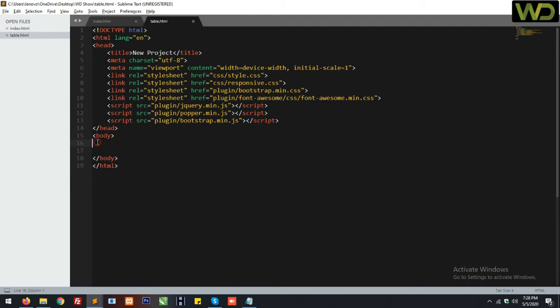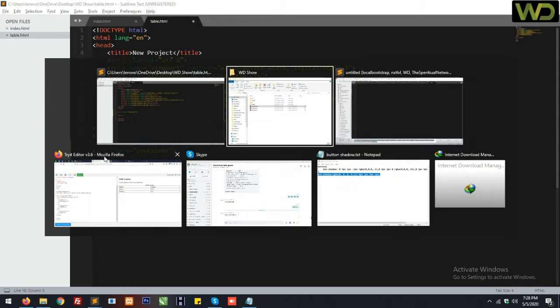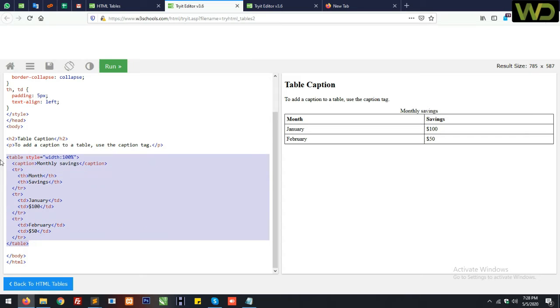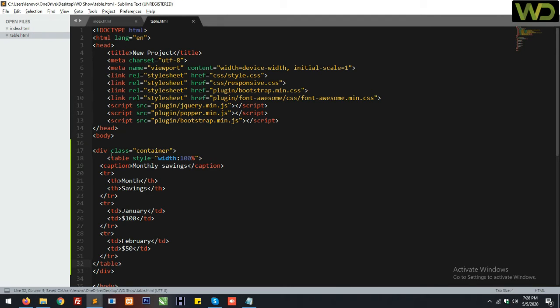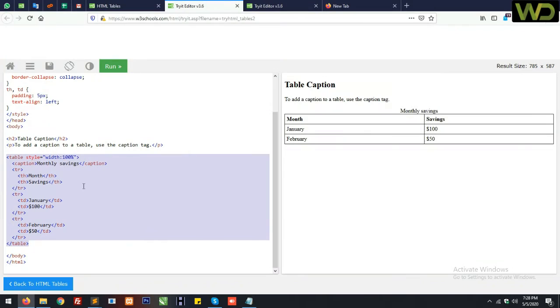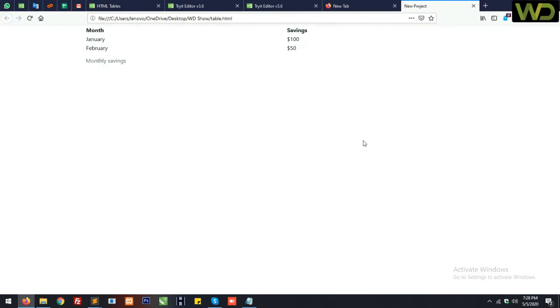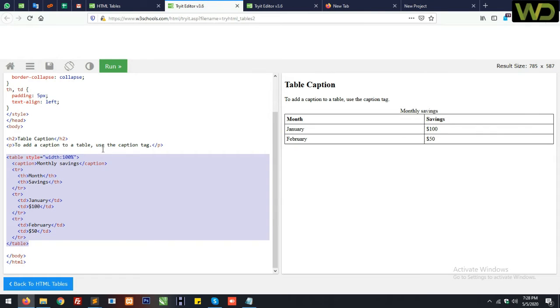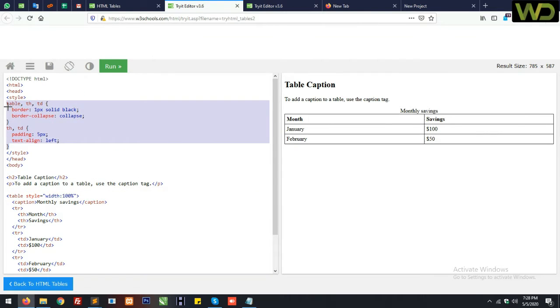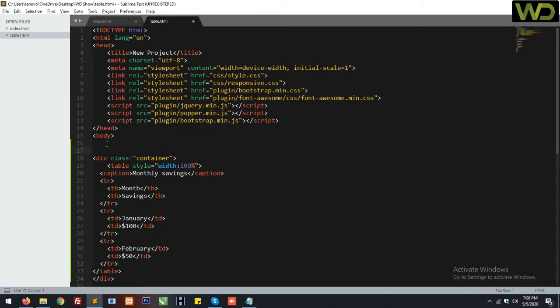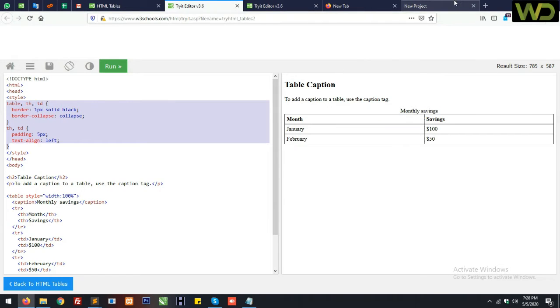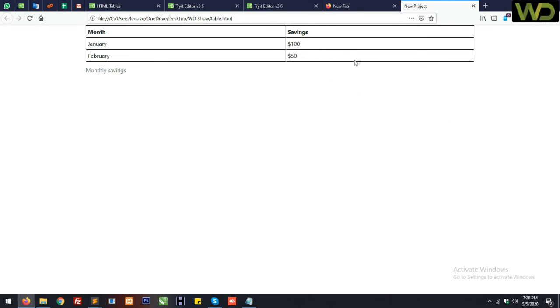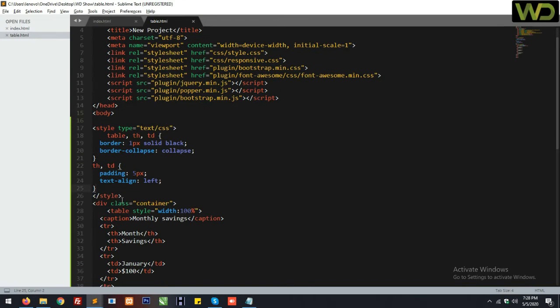Okay, you see the div class container. If I'm pasting this code here, table, you see my code looks like this one. If I add this CSS, then my code looks like this. First add a style tag like this type. But if I'm using a Bootstrap class, the whole experience of the code changes.